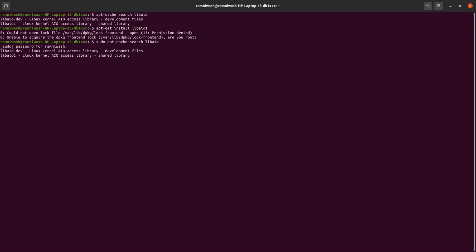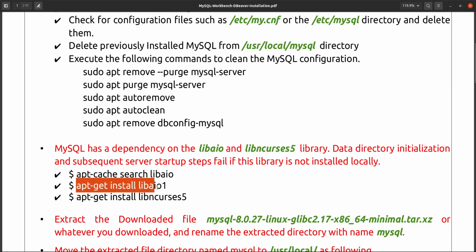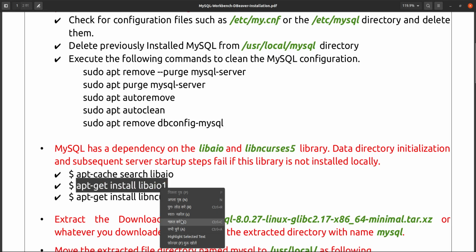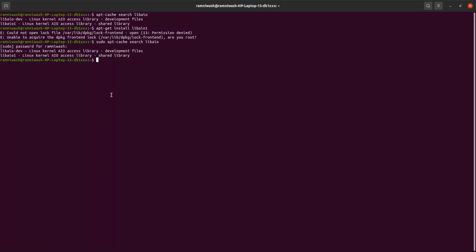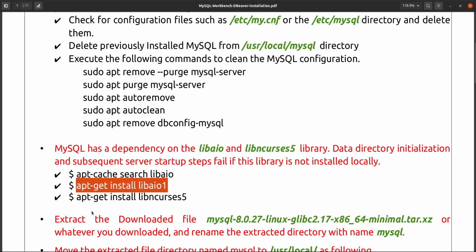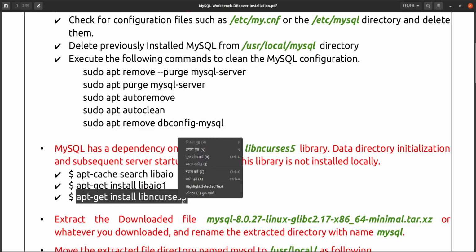Yes, okay, so this is fine. Next one is this one. Copy this one, type sudo. Now it will not ask your password, because in this terminal we have already given our password, so it will not ask. Okay, and now install this also,